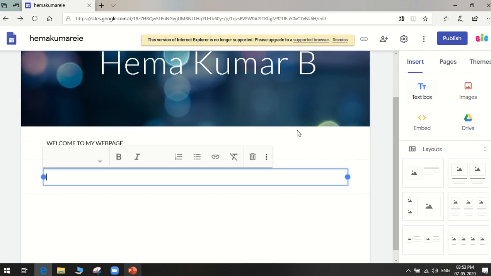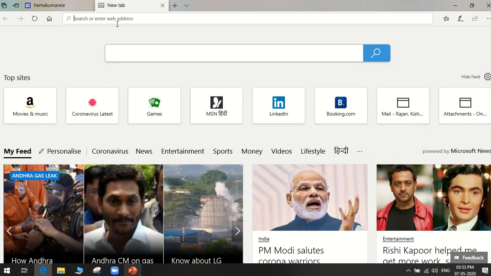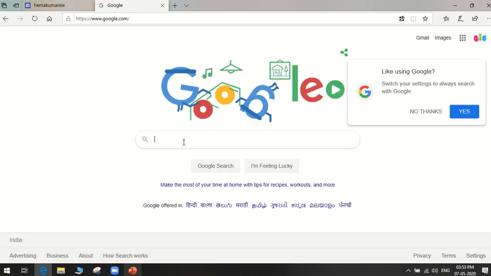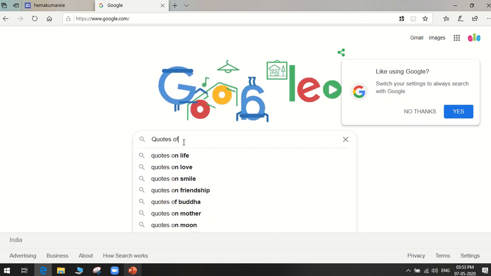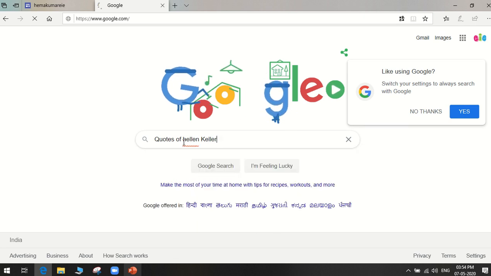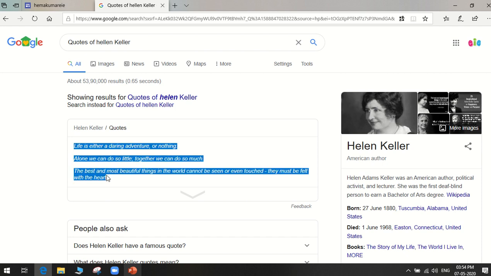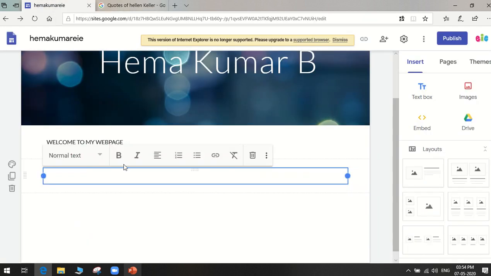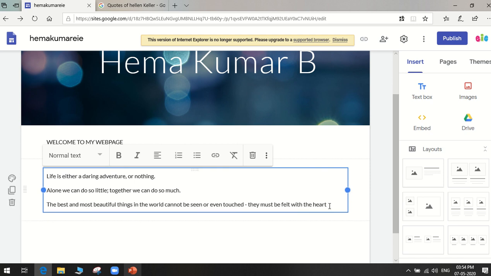I will put another text box. I'll just get some quotes. Control C to copy, Control V to paste.